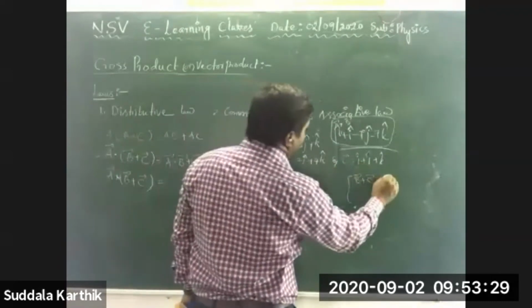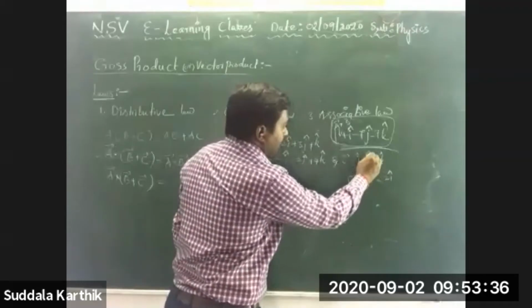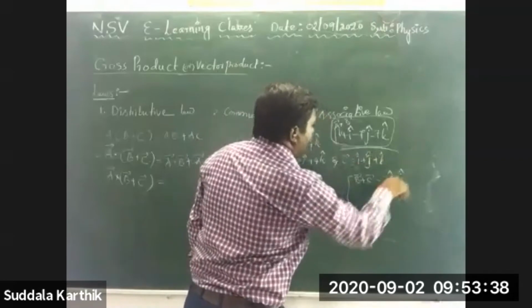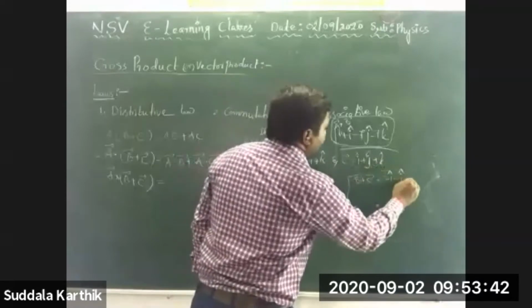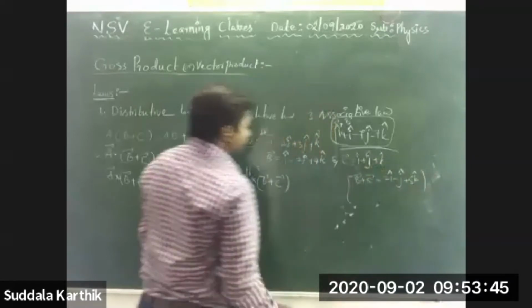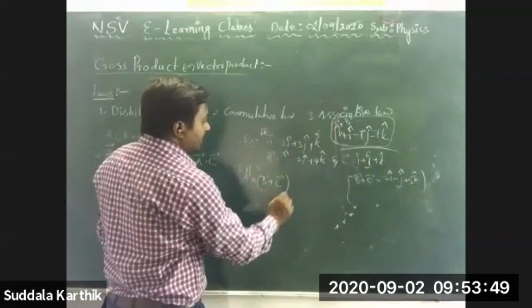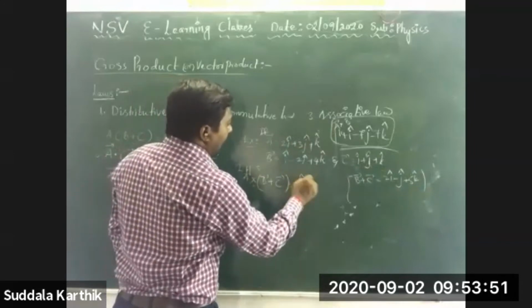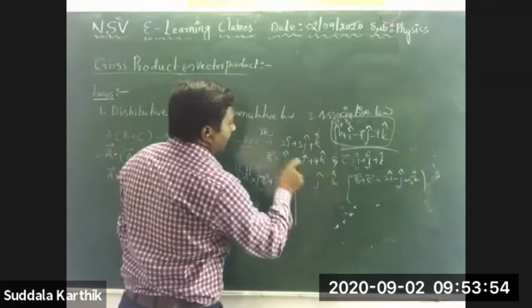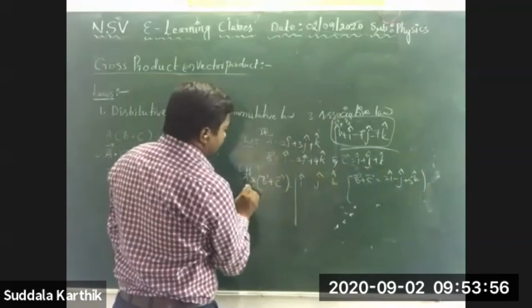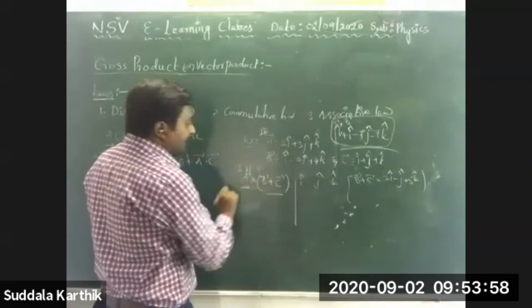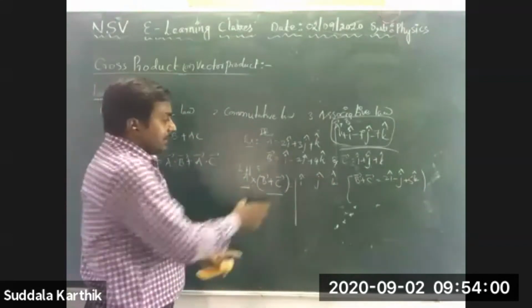I cap plus I cap, 2I cap. Minus 2J cap plus J cap, minus J cap. 4K cap plus K cap, 5K cap. Just B bar plus C bar I got. A bar already is there. Just I am writing I cap, J cap, K cap. Yes, A bar, first vector. This is the second vector.